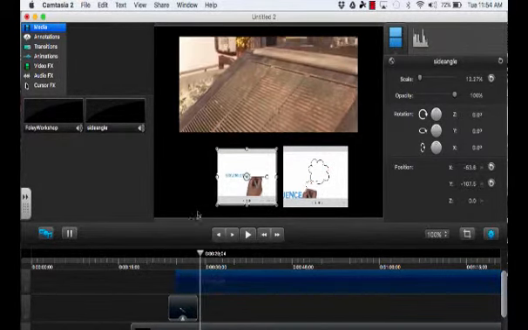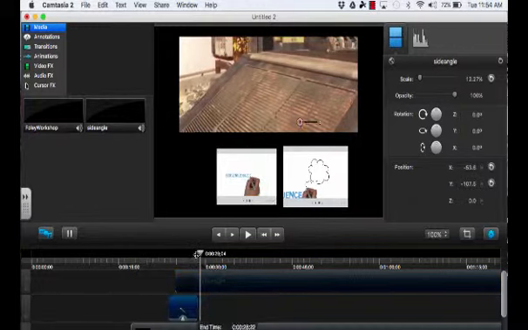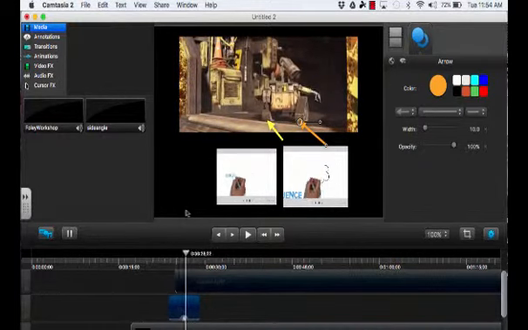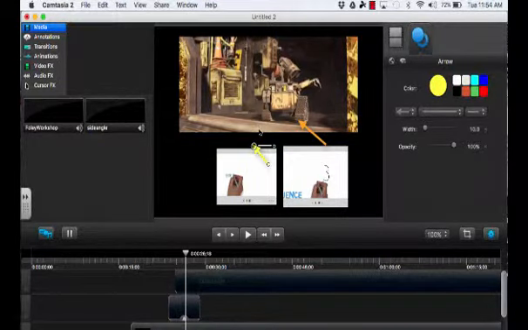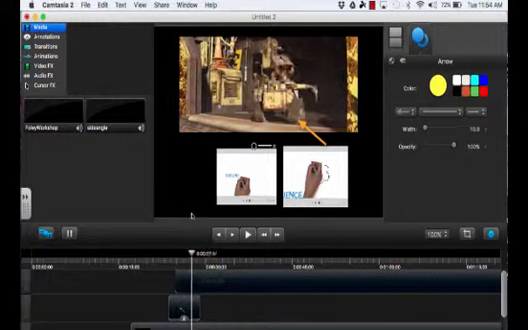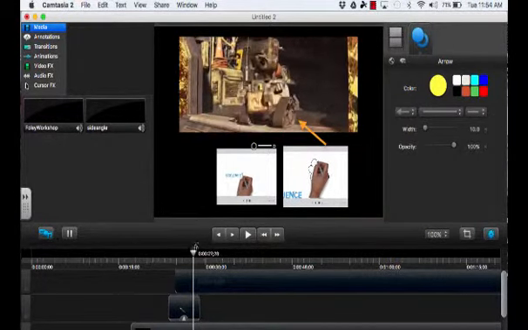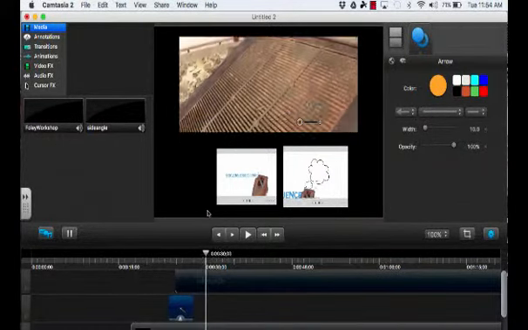Now I can also change the time frame my arrow stays. So I might only want the arrow to be there as long as the tracks are there. I'm going to move this one here because this arrow is going to have a box. So the tracks are there. When the tracks go away, I might want the arrow to disappear. So now we have the little roach running down, and let's say